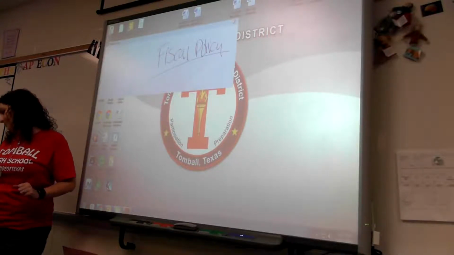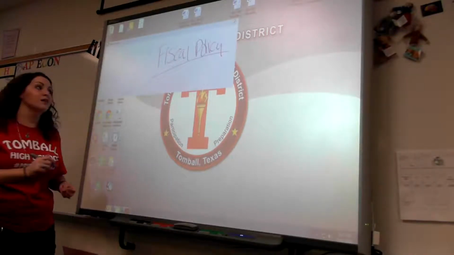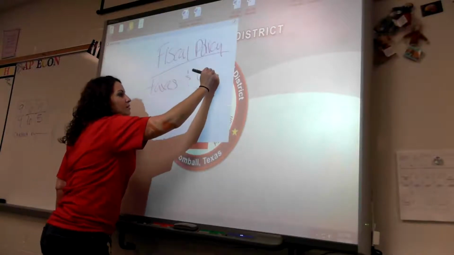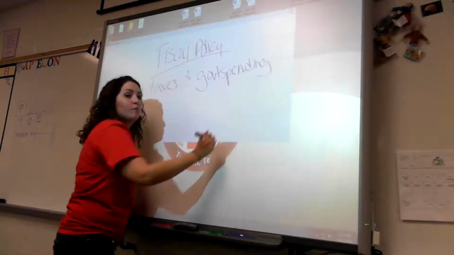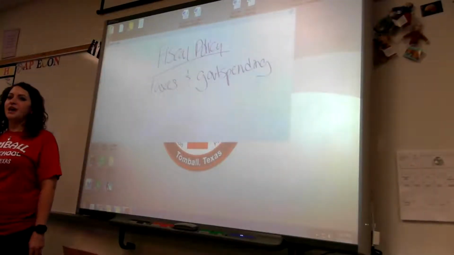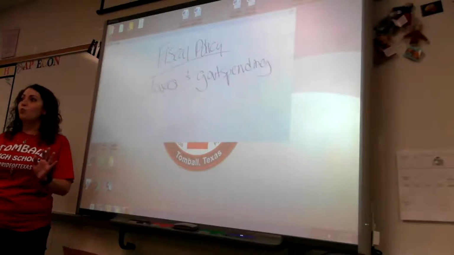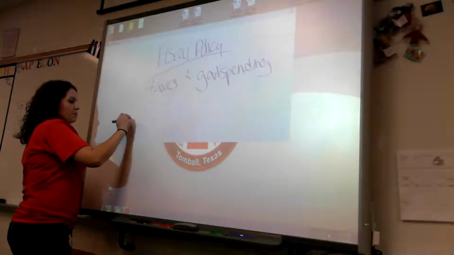Okay, so the two tools of fiscal policy are taxes, changes in taxes, and government spending. Remember, the government can have expansionary fiscal policy or contractionary fiscal policy, depending on what they're trying to do to the economy. So expansionary fiscal policy,